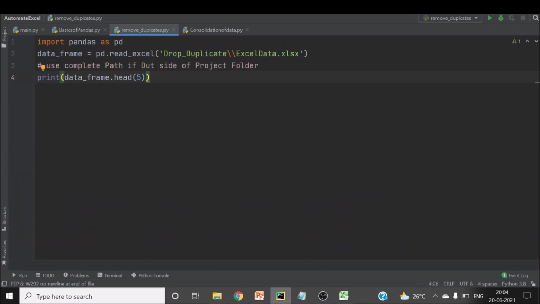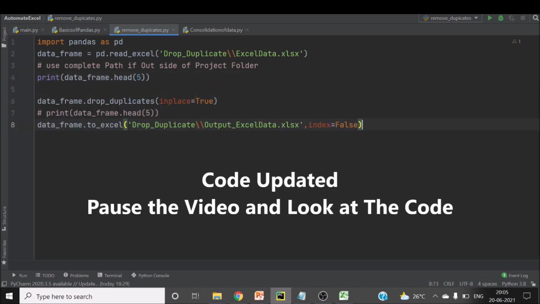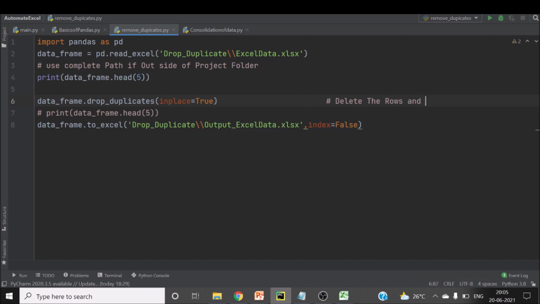Okay. Now the next point is that I want to remove all those rows which are completely duplicate, meaning all the column values are duplicate. So for that, what I have done is I have deleted the rows and used the same data.